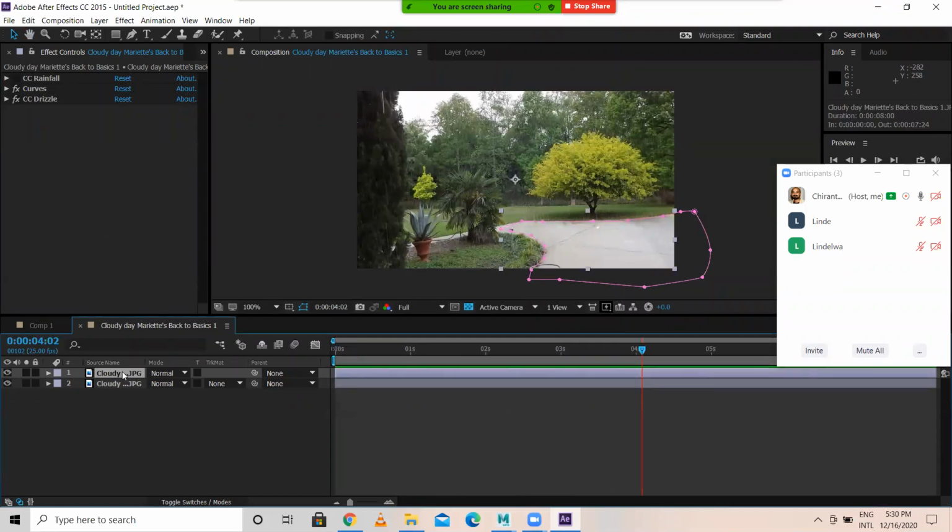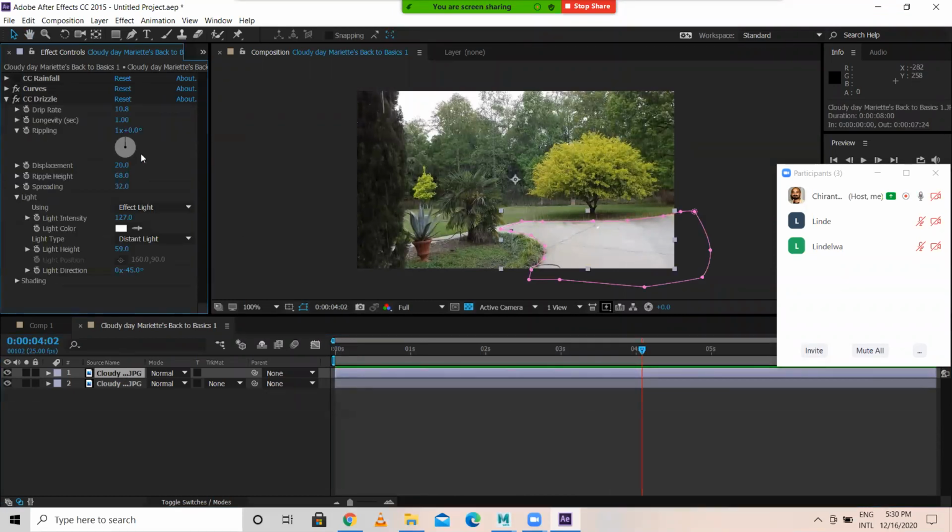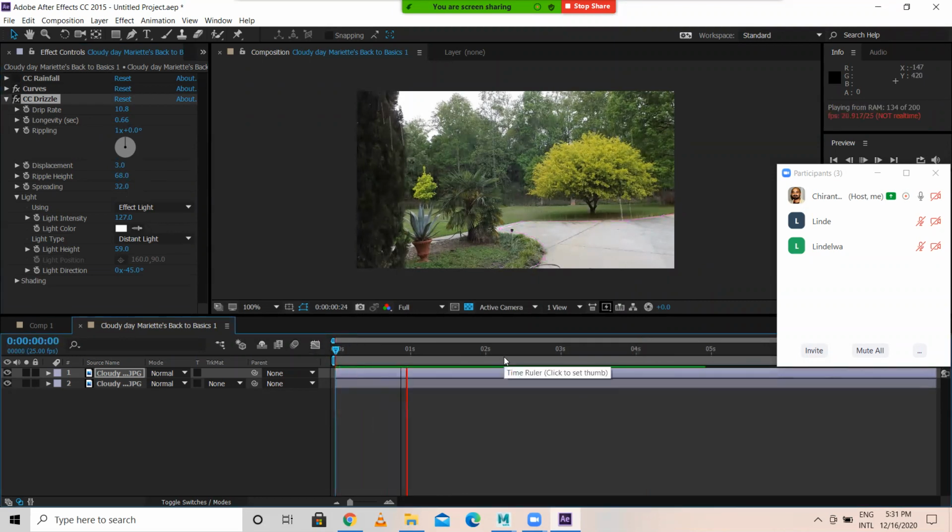Now I'll be selecting this drizzle. I need to reduce longevity and displacement. Let me reduce. Displacement I'll keep very little. Let me increase displacement a bit.